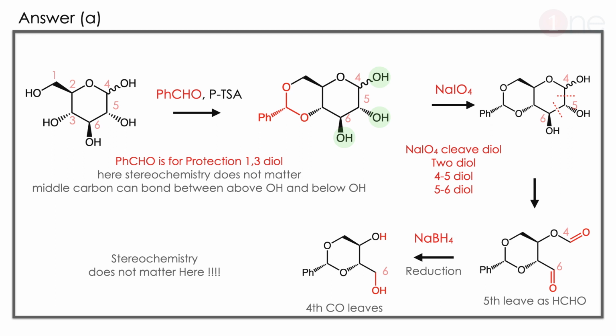So once you use the reducing agent, you get the product alcohol and OH. So the 4,3-O is lost in the reduction. So the final product is clearly A. Here you have to know 2 things. One is PhCHO is for the stabilization or protection of the 1,3-diol group. And sodium iodide can open the ring if there is a diol there.